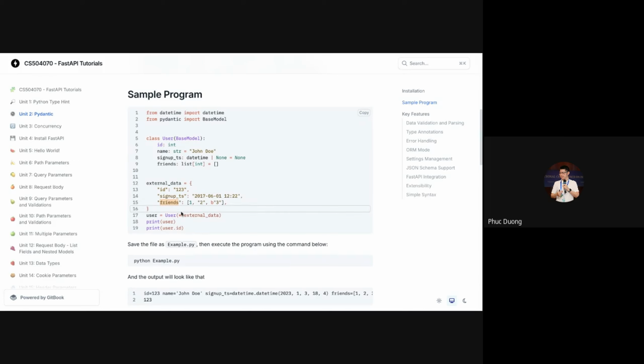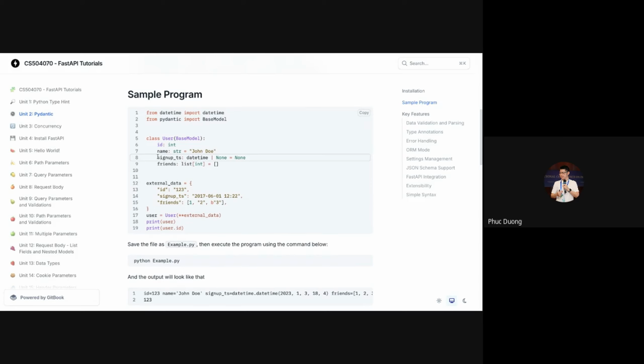You have key friends and its corresponding value is 1, 2, and 3. Pay attention: 1 is an integer, 2 is a string, and 3 is what? You should focus on this case when you implement the sample program and run it. Focus on the number 3.